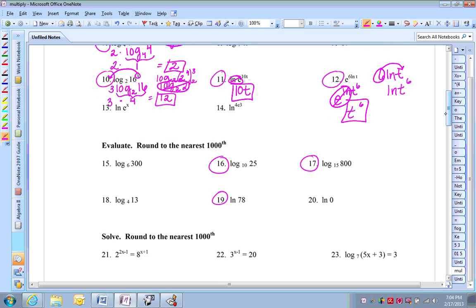Okay, moving on to 16. They want us to evaluate. And on these evaluate problems, they're asking us to round to the nearest thousandth. And that's where many of you got a point or two taken off on your quiz because you didn't round properly. So on 16, all we have to do is go to our calculator and plug in log base 10